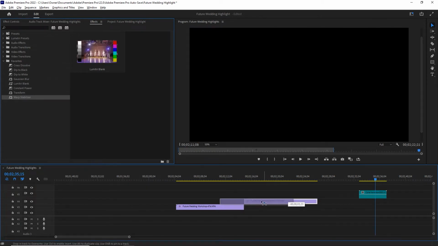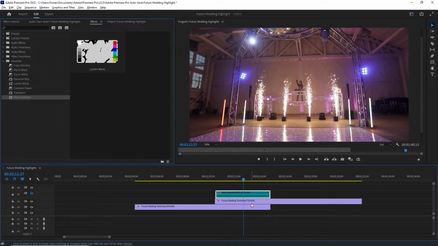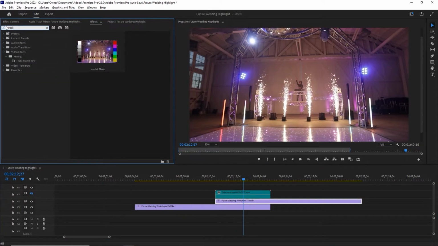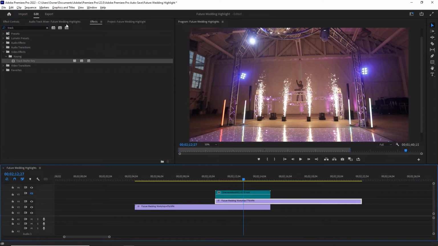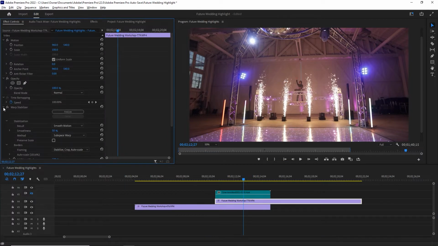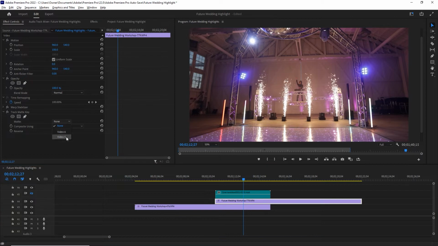To do that, we need to overlap the two clips, like so, and then put your transition clip on the top. Let's hide our transition animation clip, go to Effects and type in Track, and use the Track Matte key. Double click it or drag it onto the clip you want it to be on. Go to Effects Controls, scroll down to the Track Matte key settings, here it is, we're going to point it towards the channel that has the transition clip on it, which as you see over here is V5 or video 5. So click on your clip again. Here we go. In track matte key settings, Matte is going to look at video layer 5